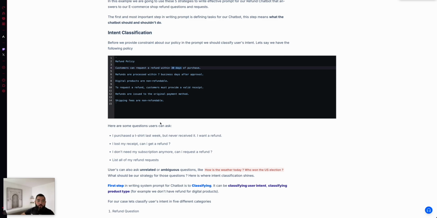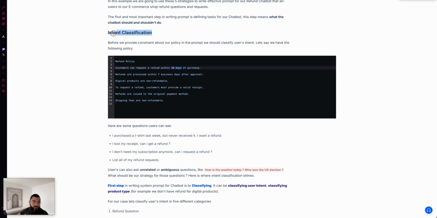But one of the most important tasks in prompt engineering for chatbots is intent classification. Before even processing our data and providing an answer to the user, we want to determine what the user is asking for. What if I'm a legal assistant and the user is asking how is the weather today or who won the election? What should be our behavior or our response to that? I'm not creating this application for those types of communications.